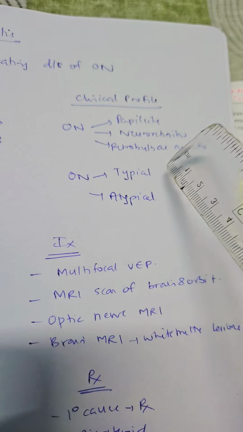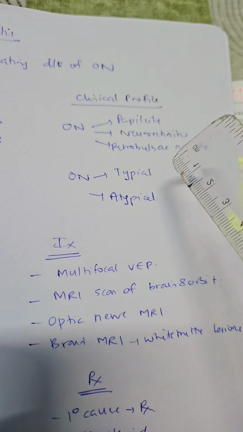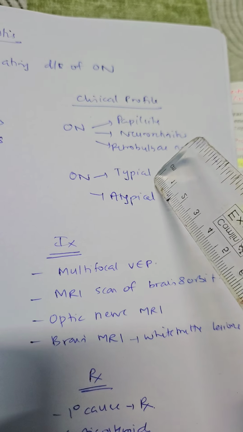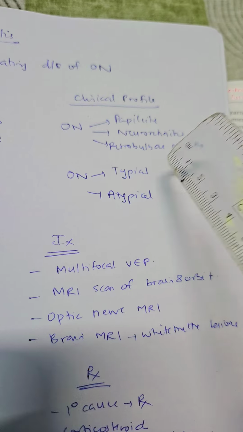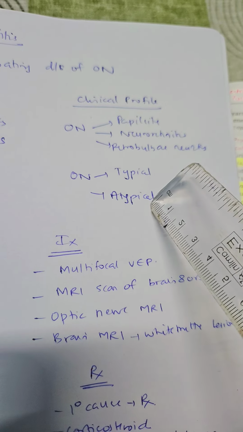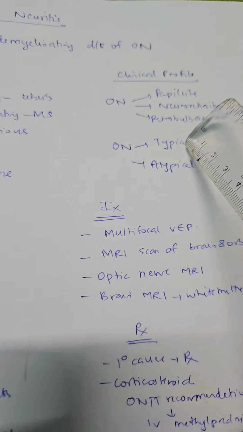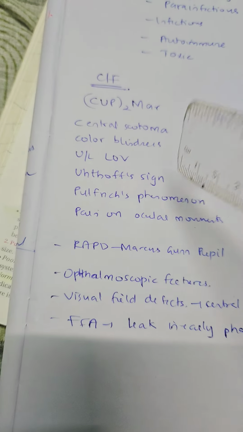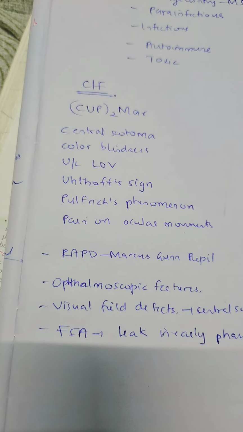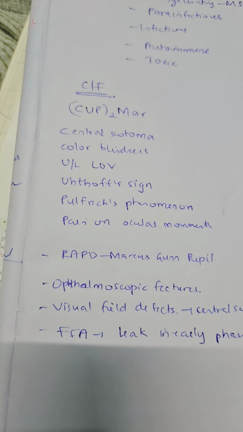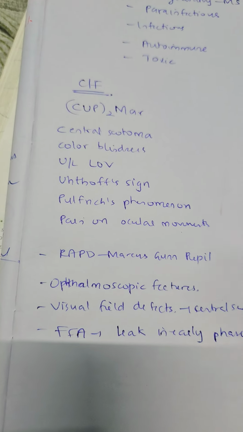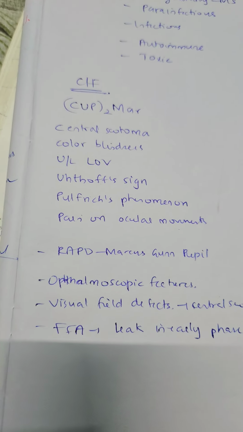Now it can also be typical and atypical. Typical is characterized by the presence of demyelination, and in atypical there is no demyelination. A typical example is multiple sclerosis. Now the clinical features can be learned with a mnemonic: cup, twice, march; C for central scotoma;